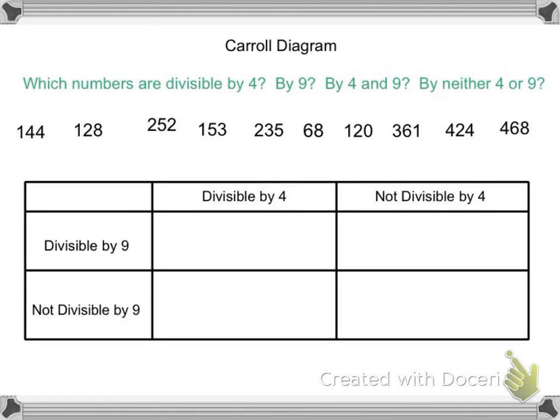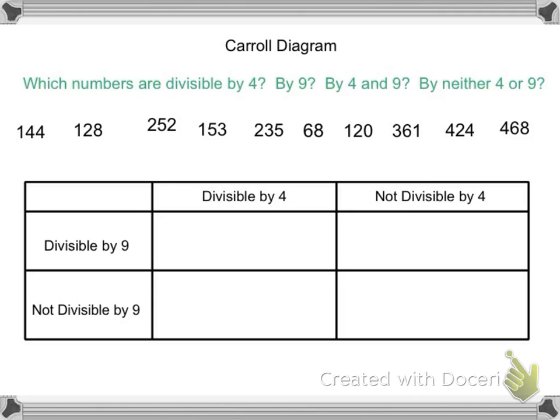So this lesson is going to show you how to use a Carroll diagram. And a Carroll diagram is just another way to organize numbers based on divisibility. So this question says, which numbers are divisible by 4, by 9, by 4 and 9, and by neither 4